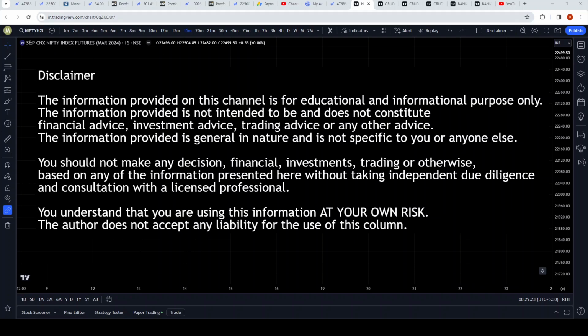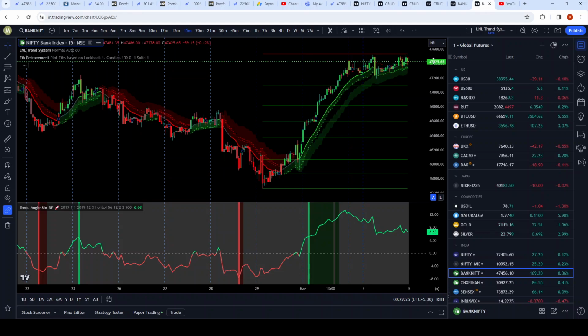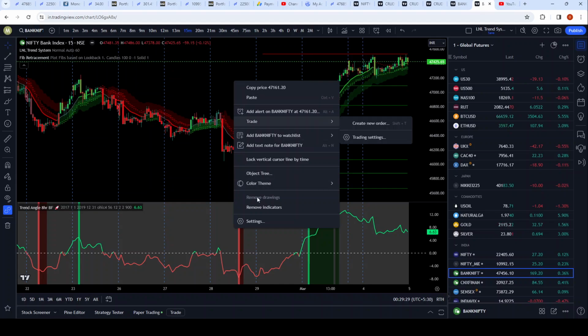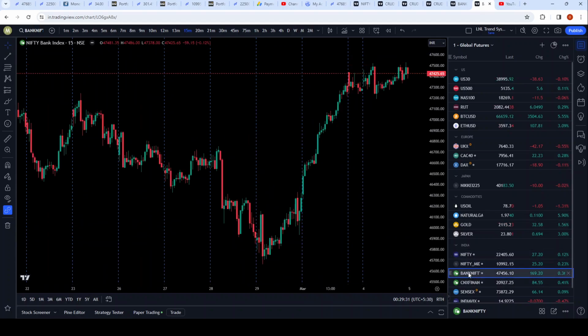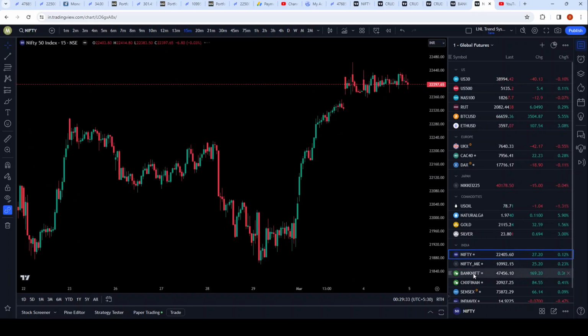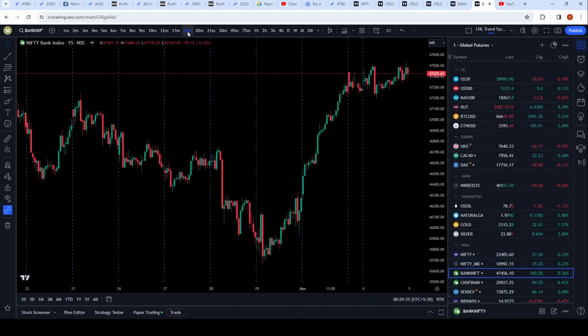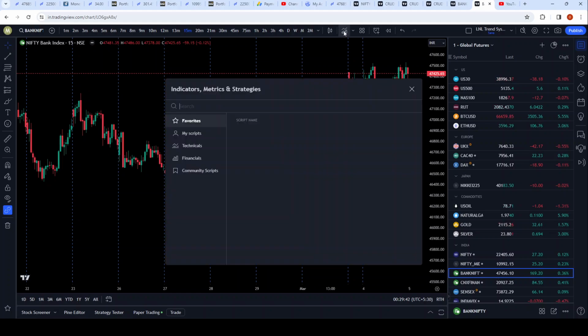So what we're going to do is we're going to be working on a 15-minute time frame, and eventually you'll get a page like this. For now, but we will get rid of everything. We'll remove indicators. We are going to be selecting Bank Nifty. The time frame that we select is 15 minutes. And the first indicator that we shall use is